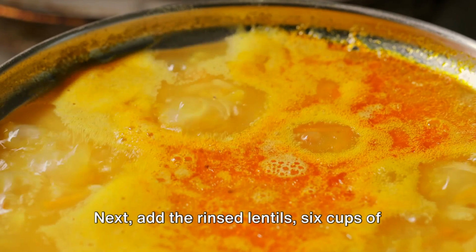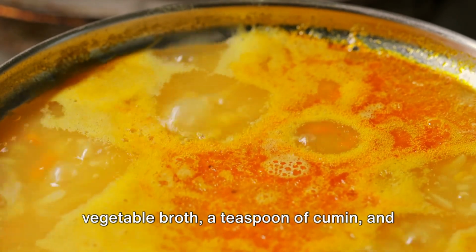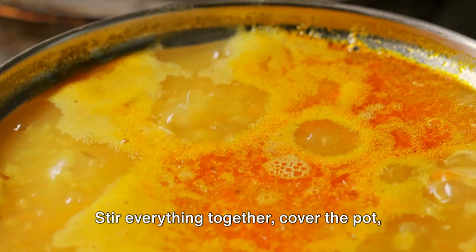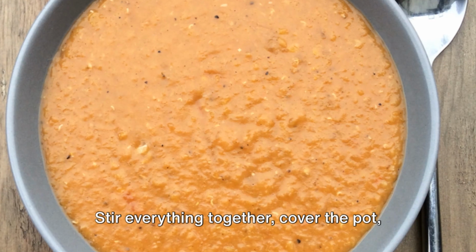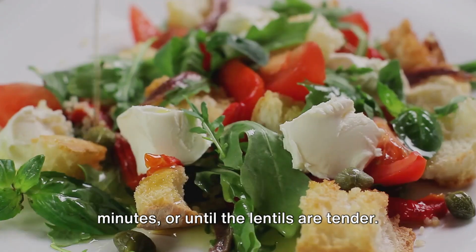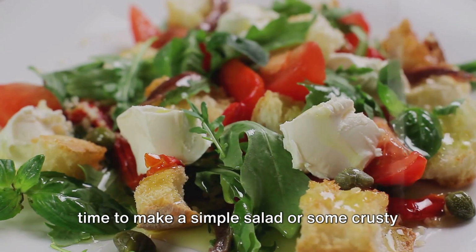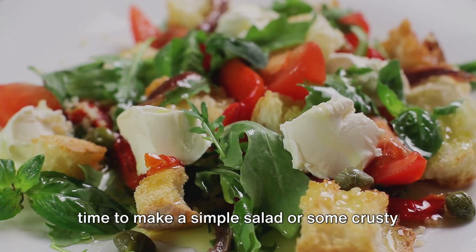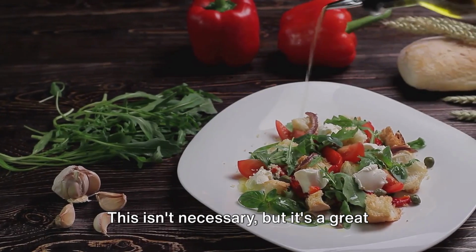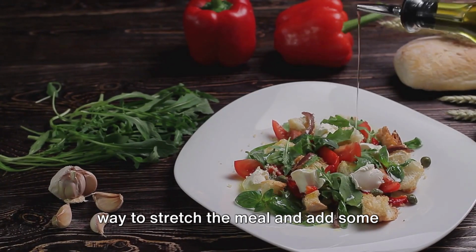Next, add the rinsed lentils, 6 cups of vegetable broth, a teaspoon of cumin, and a bay leaf to the pot. Stir everything together, cover the pot, and let it simmer for about 45 minutes, or until the lentils are tender. While the soup is simmering, it's a great time to make a simple salad or some crusty bread to serve on the side. This isn't necessary, but it's a great way to stretch the meal and add some additional